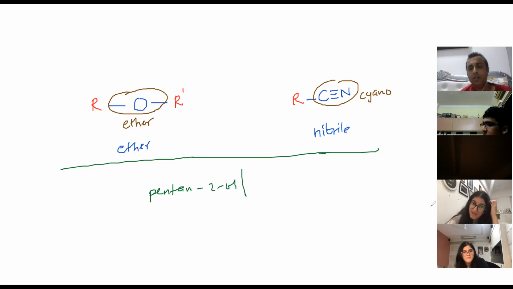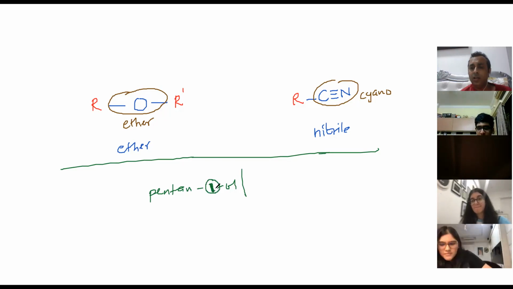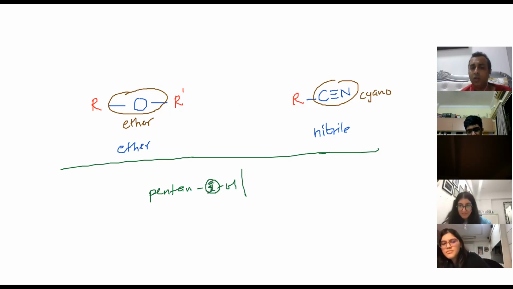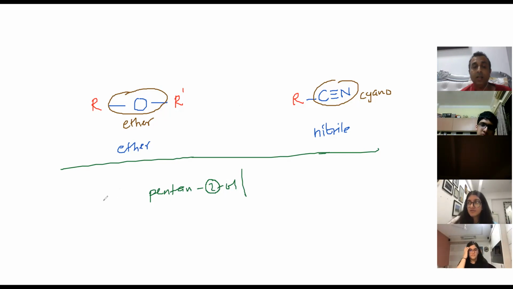So I'm guessing, I'm also kind of confused, but is it because of the carbon that the OH is bonded to? If this is carbon number 2, it's not 1. If this was pentan-1-ol, what would it be? Primary, because it's bonded to one carbon. If this is 2, two carbons, secondary. Suppose pentan-3-ol, it's still secondary. Still secondary, until it's the last.